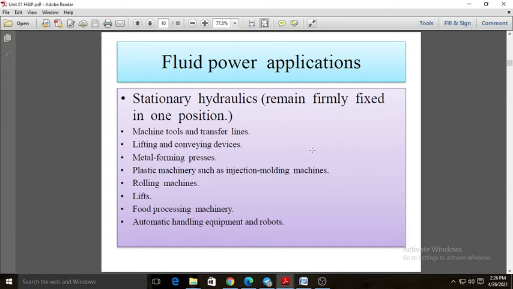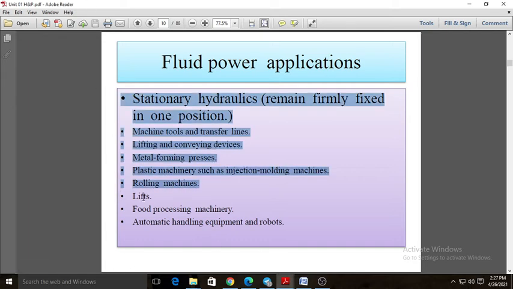Then here we are going to see some fluid power applications, the basic applications. Stationary hydraulics remains firmly fixed in one position. Then machine tools and transfer lines use the fluid power system. Then lifting and conveying devices. I already told you that the hydraulic jack which we use to lift the vehicle uses fluid power. Then metal forming presses, then plastic machinery such as injection molding machines use fluid power. Then rolling machines, then lifts,